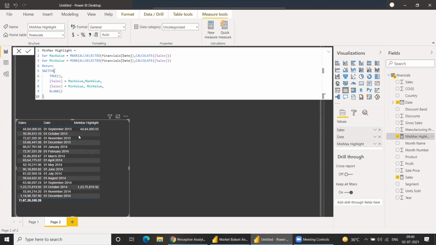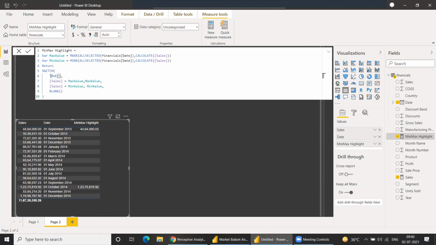Else, make it blank. Okay. So after switch, the format of switch is what is the condition you want? I want true condition. So when this is true, then only this will run. So basically, if I put it in an if else statement, I'm saying if this equal to this, then do this. If this equal to this, then do this.